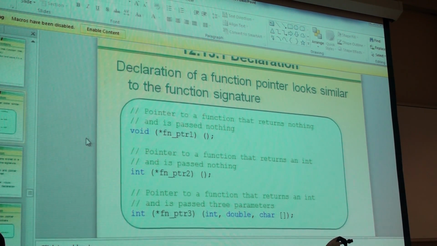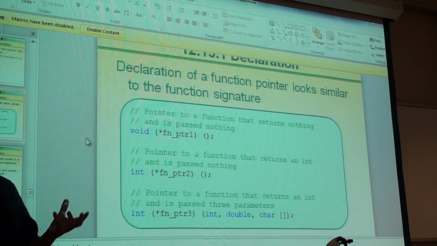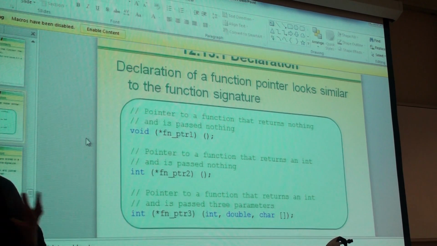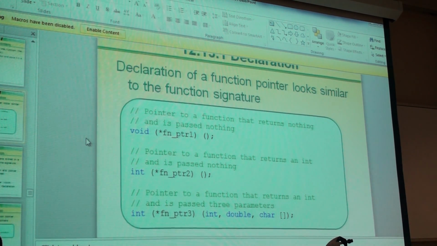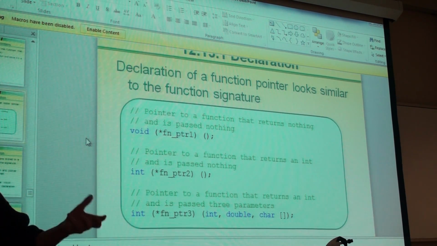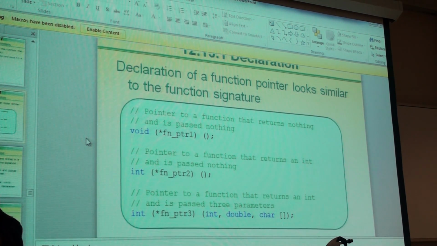What's passed to it? Well, parameters, arguments, come in a lot of different flavors, don't they? How many of them are there? Is there one parameter, two parameters, three? How many parameters are there? That's one issue. Issue two is, what is the data type of each parameter, right? If you looked at the prototype of a function, or if you looked at the function signature,